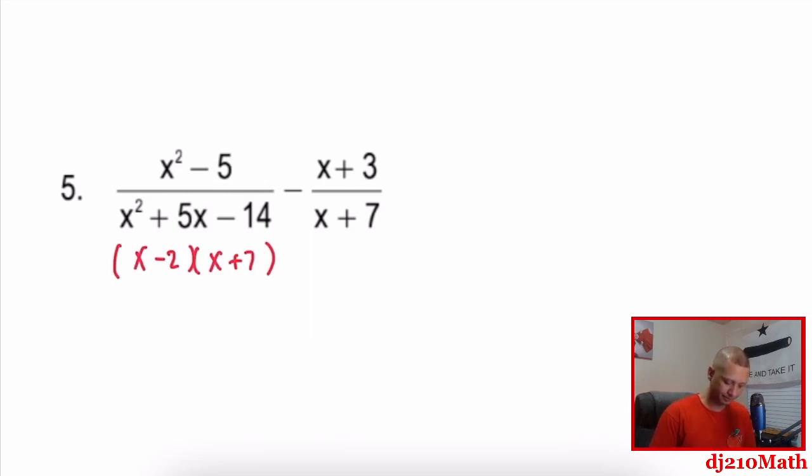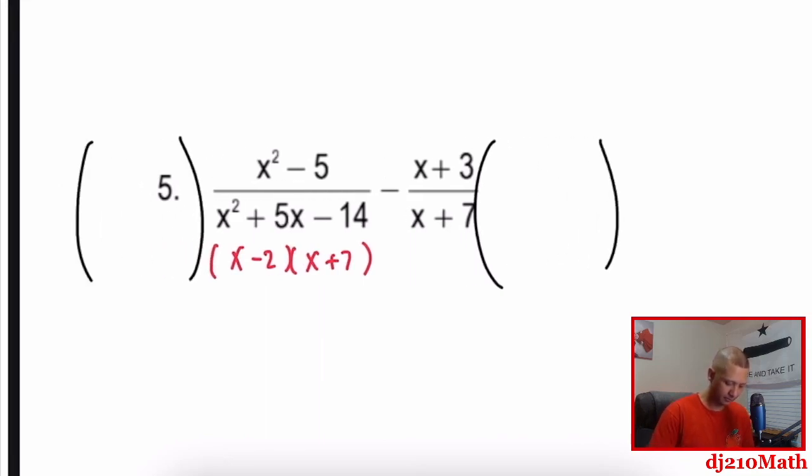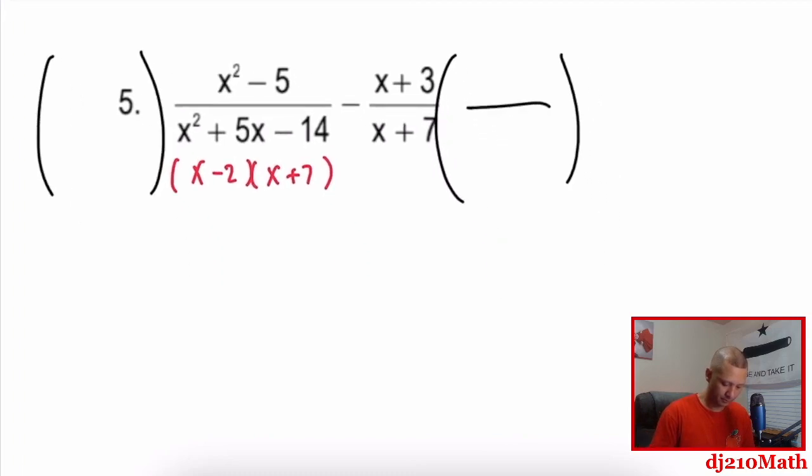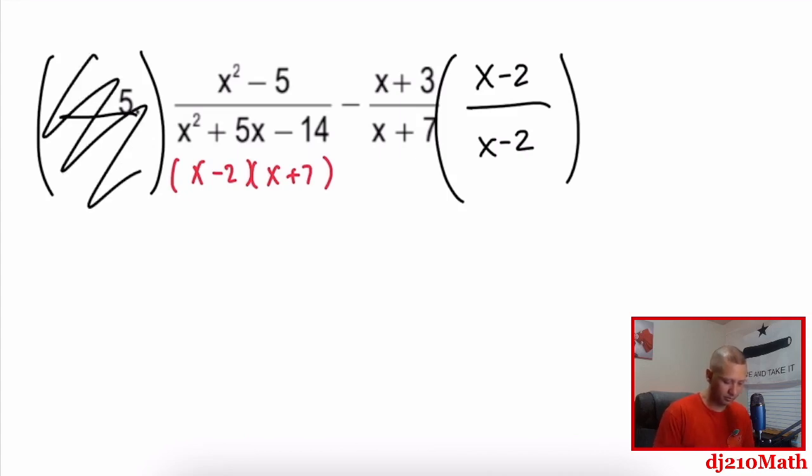Okay. Multiplying the left and the right. So x minus 2, top and bottom. And then on the left, x plus 7, x minus 2 is already on the right. So it's nice when that works out that way. All right, so combining this, x minus 2, x plus 7, all under